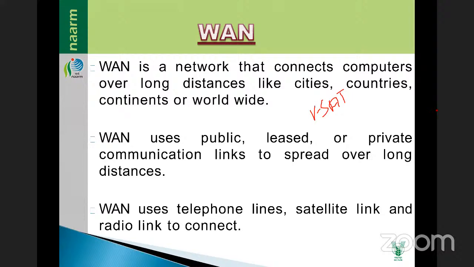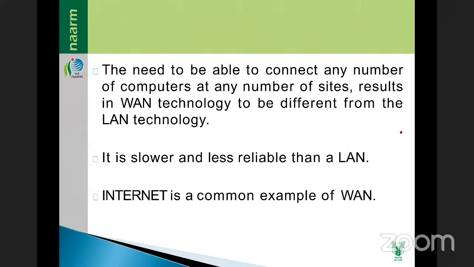That's why WAN uses telephone lines and satellite. Why am I saying satellite? It is satellite through VSAT. Earlier they used to keep VSAT connections, but now everything has moved to radio links. Now almost every place has radio link type connections given to it. That's why we are very fast nowadays; internet connection is very fast.